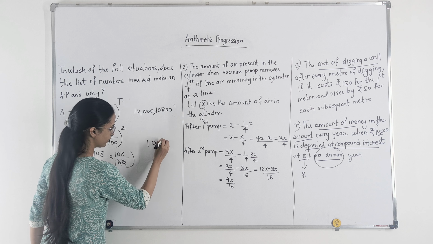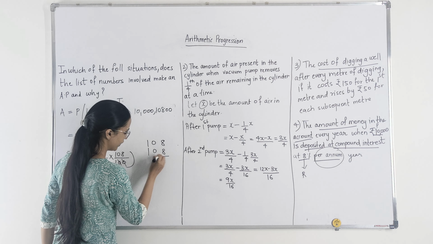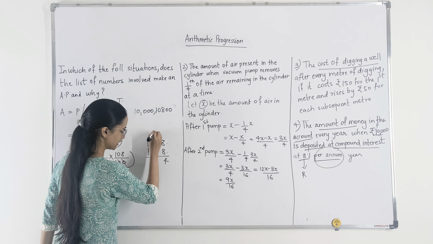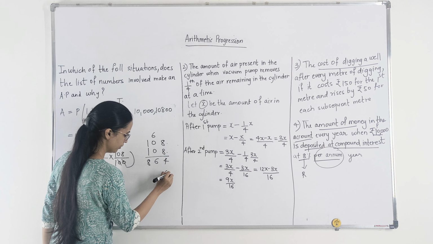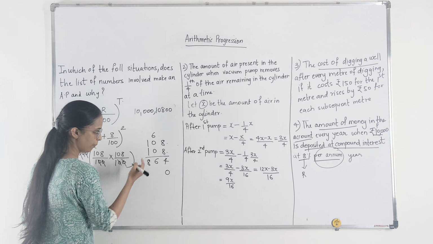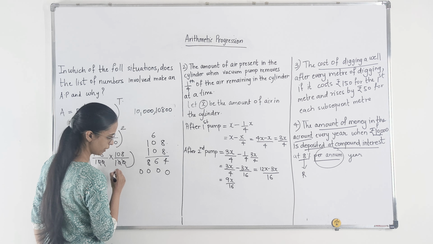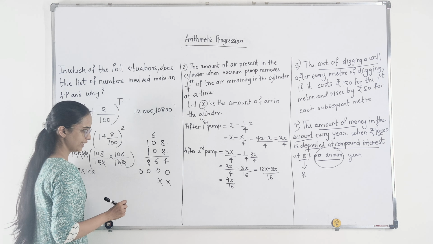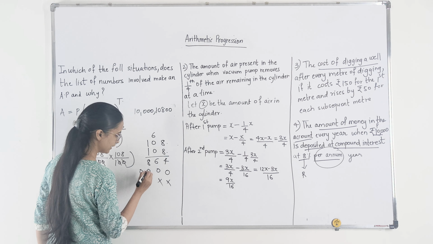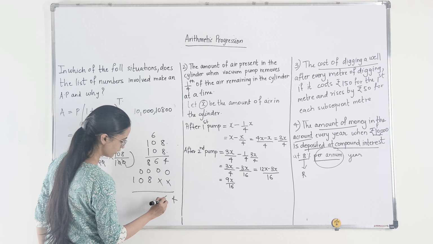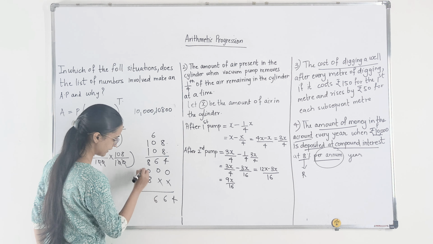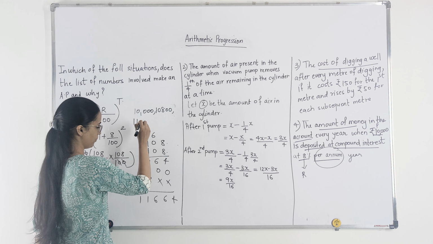Now let us try to calculate the product of 108. 8 into 8 is 64. 6 gets carried. 8 into 0 is 0. Then 6, again 8, 0. Since 0 is multiplied by all 3 numbers, so ye mil jayega. Then here 2 places we are going to leave. 1 into 8 is 8. 1 into 0 is 0. 1 into 1. So here we are getting 4, 6. 8 plus 8 is 16. 1, 1. So we get 11,664. So this is your next term,